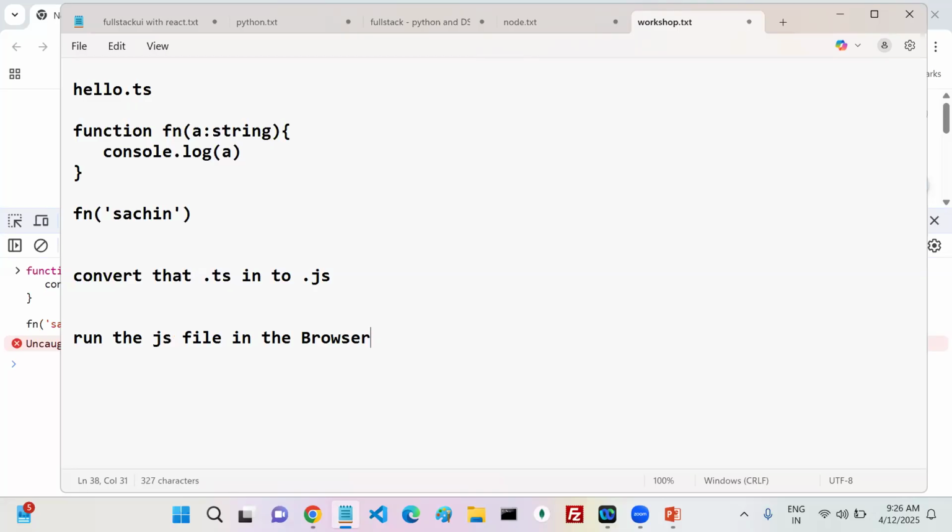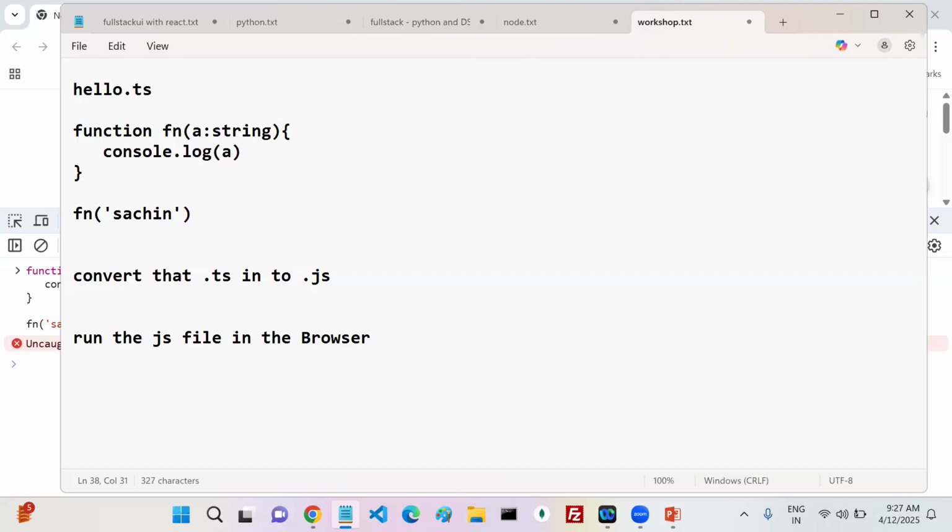Got my point? TypeScript code we are not able to run directly in the browser. The TypeScript code should be compiled into JS, and that JS code we run in the browser. If you take Angular, we write TypeScript code, and that Angular application runs in the browser only. Don't think that TypeScript code runs directly in the browser. My Angular code is written in TypeScript, that code is built into JS, and only that JS code runs in my browser. Once my Angular application is built, it creates HTML, CSS and JavaScript files only, no TypeScript files. Got my point?